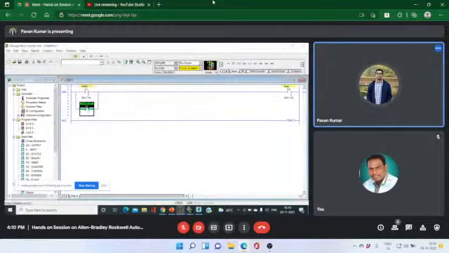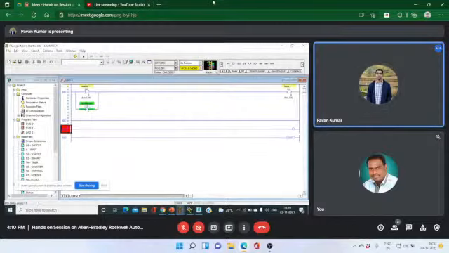In this case, we used some branching and take one new rung. These are all addressing formats. I am showing you the addressing formats of NO coil, NC, and an output.